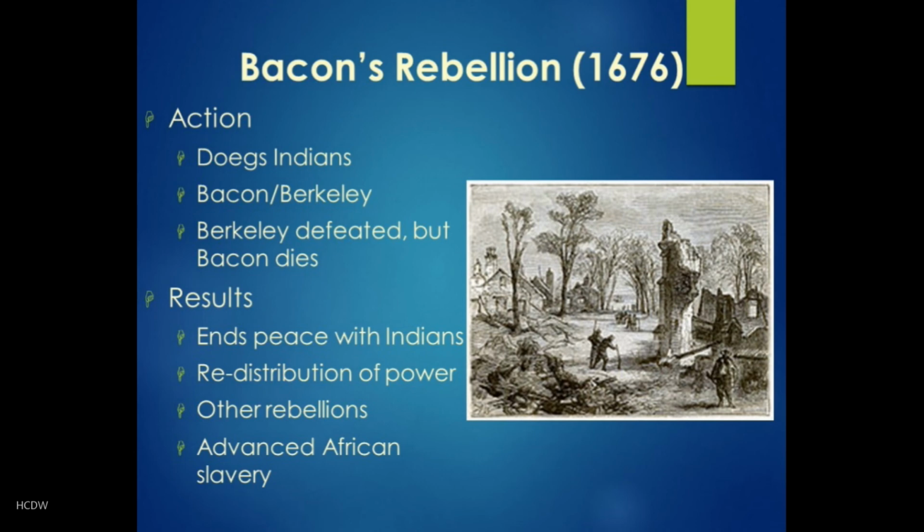It also inspired other rebellions in other areas. In New York, in Maryland, in the Carolinas, broadly speaking across the colonies, we begin to see a reordering of society that includes some of those newer arrivals in the power structure. And a final, extremely important outcome of Bacon's Rebellion is that it provides a powerful incentive for those in power to turn away from indentured servitude and, in fact, rely more on African slavery. For a couple of different reasons.